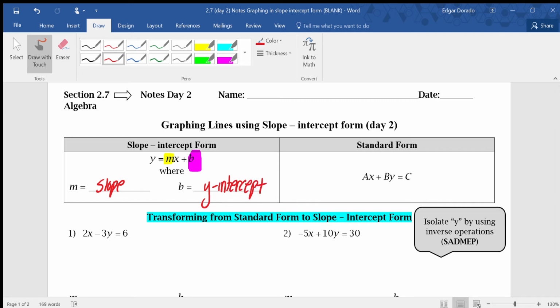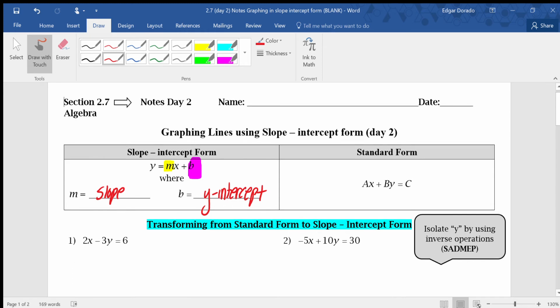All right. So our slope is the coefficient that's in front of the x variable, and b is the y-coordinate of our y-intercept, okay? And then we also have something that's called standard form, and that is represented by this